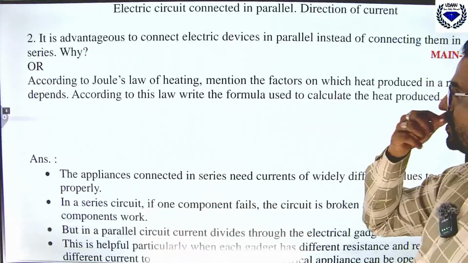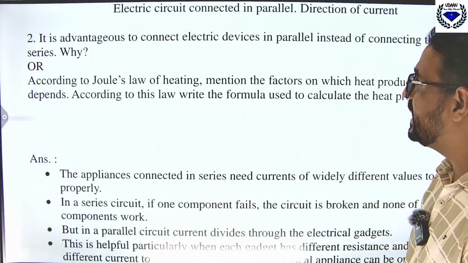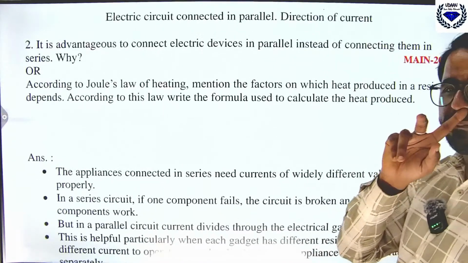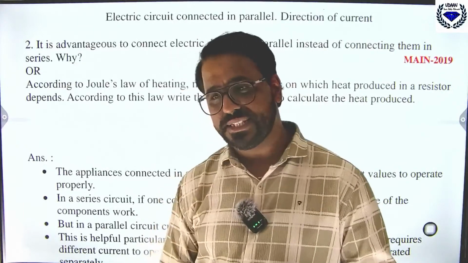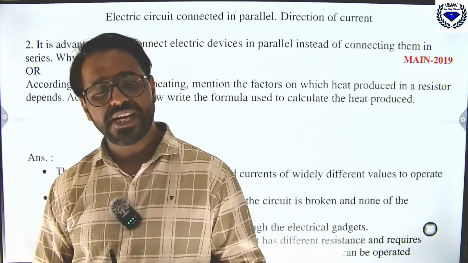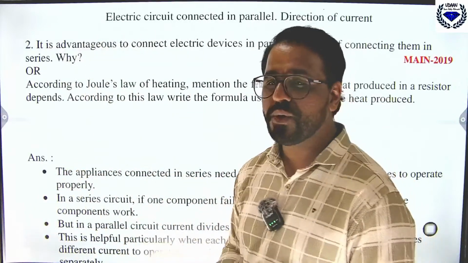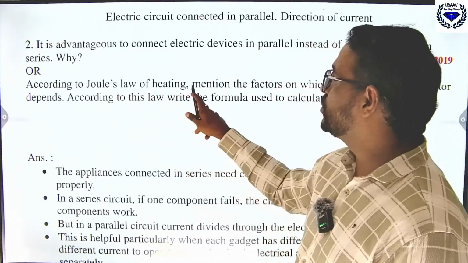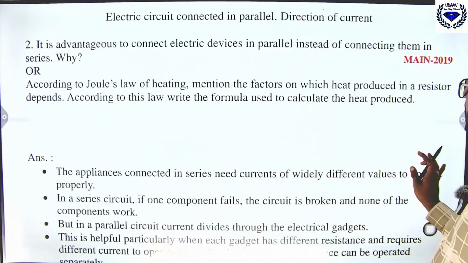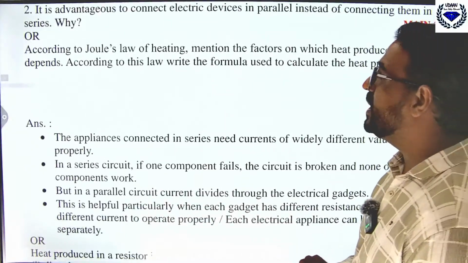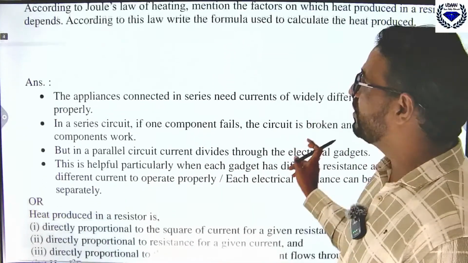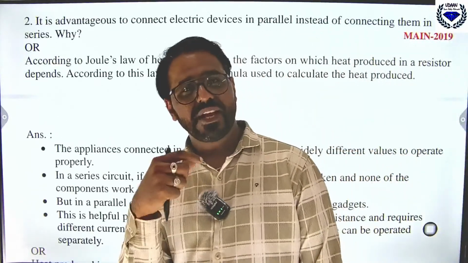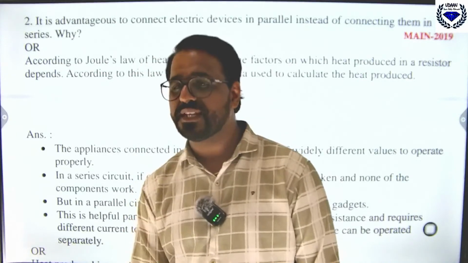Then the next question is, it is advantageous to connect electrical devices in parallel instead of connecting them in series. Why? This has come in the main examination 2019. Then another question has come. According to Joule's law of heating, mention the factors on which heat produced in the resistor depends. According to this law, write the formula used to calculate the heat produced. So first one, do you think connecting the resistors in parallel is good? Yes, definitely. Why? Because